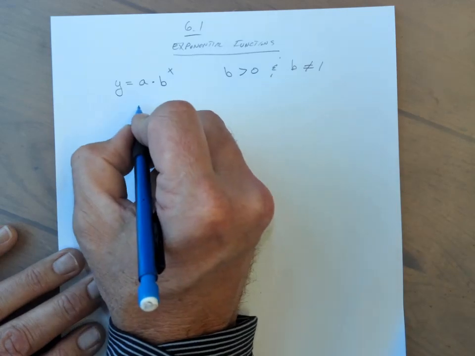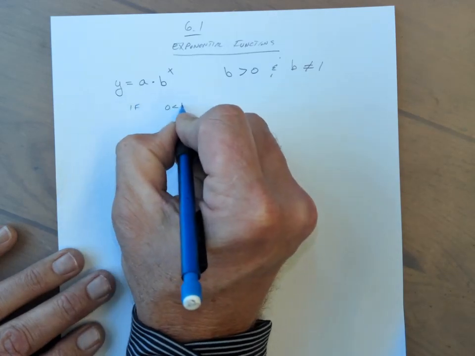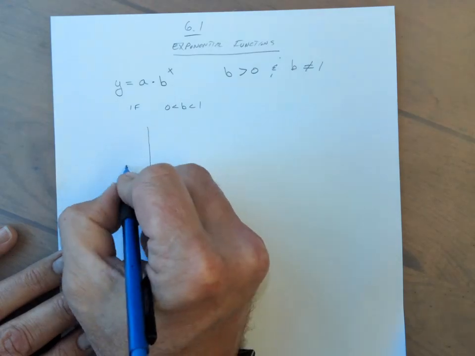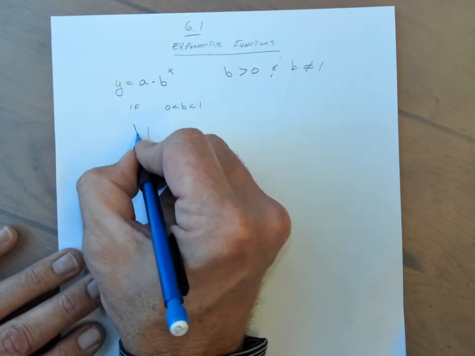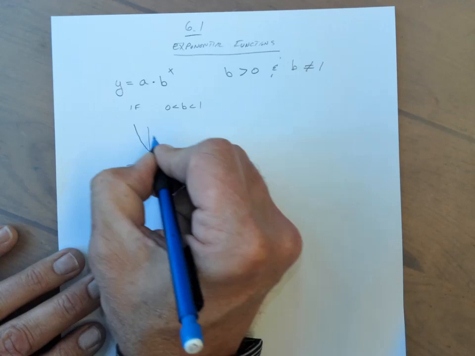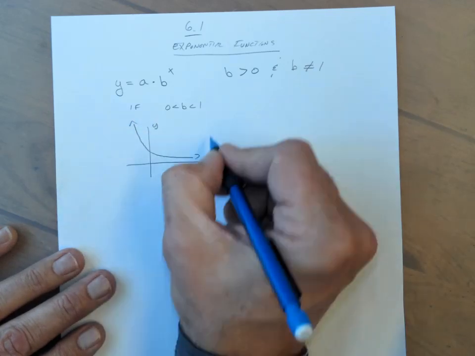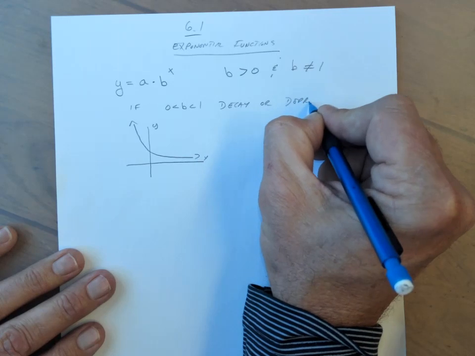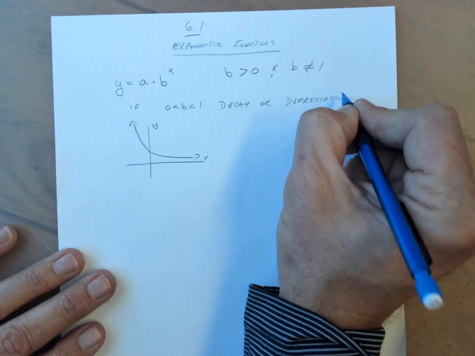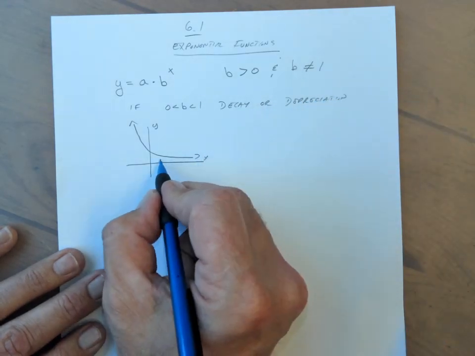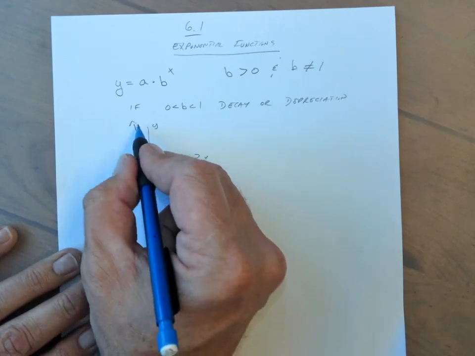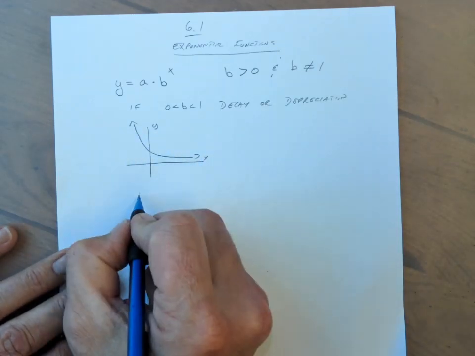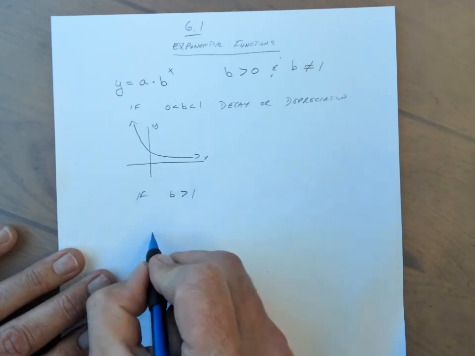For b, if b is between 0 and 1, so like 1/2 or 1/3, then we have what we call an exponential decay or depreciation, depending on the word problem. And notice that as x values get infinitely large, our y values keep getting closer and closer to 0, although they never reach 0. And if b is greater than 1,